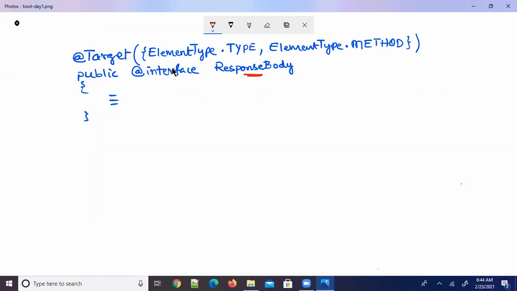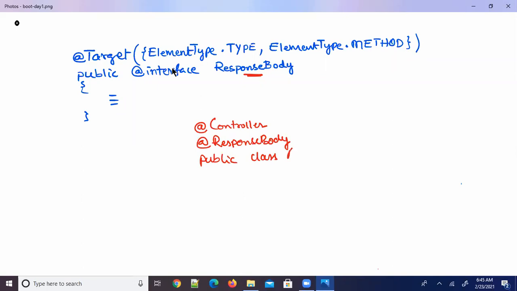So for example, when I am writing the code, I can use it like this. Suppose @Controller, @ResponseBody, public class, say, APIController, I am creating a class.